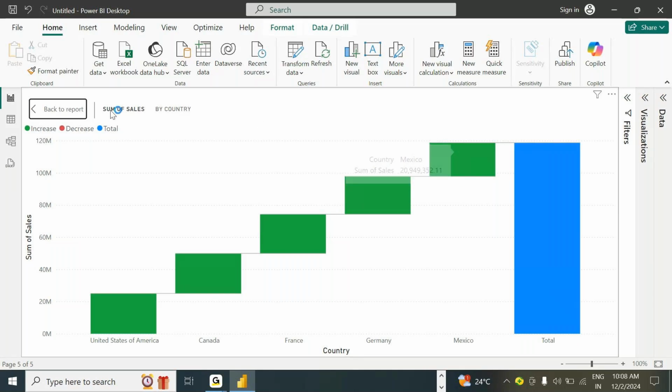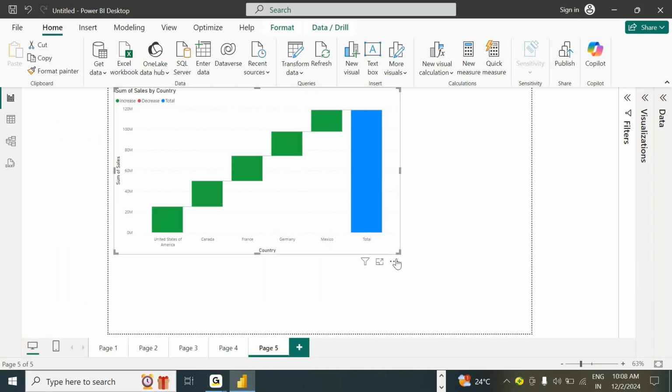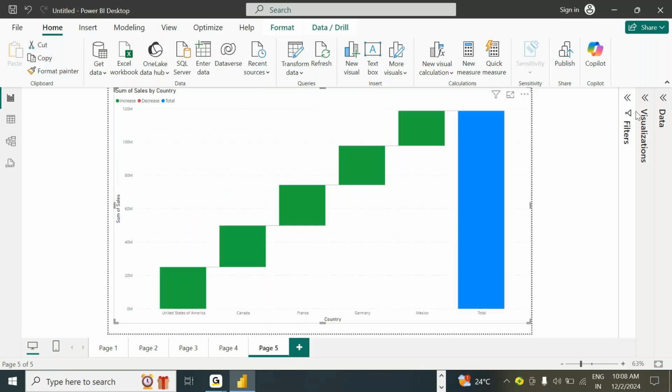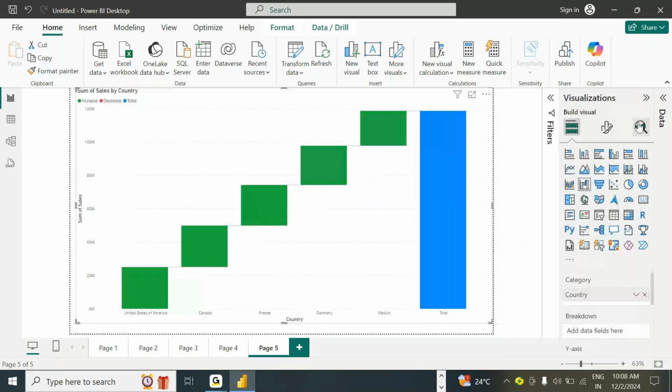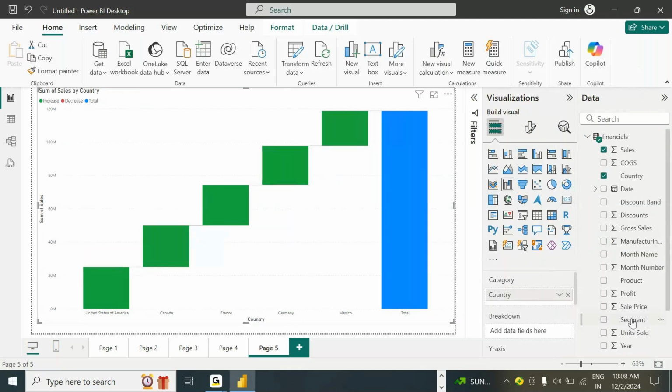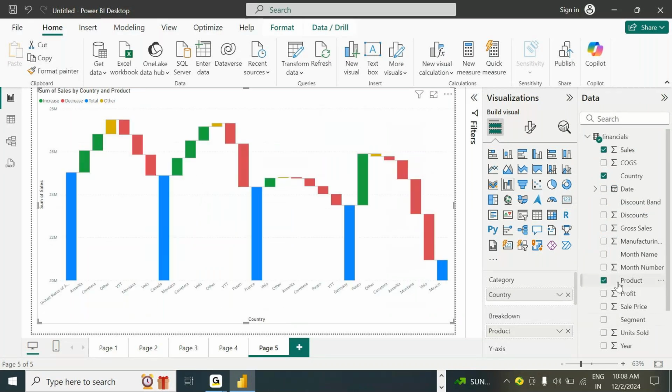And here you can add another dimension also, whatever the name it is. It can be a breakdown, it can be a legend, it can be axis, whatever. After the first dimension, the second dimension you can add, like I'm adding a second dimension also. So it is going to tell that